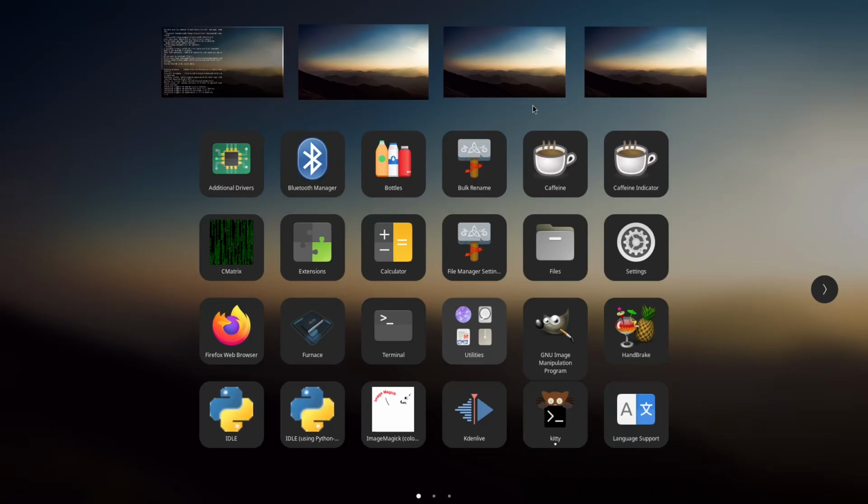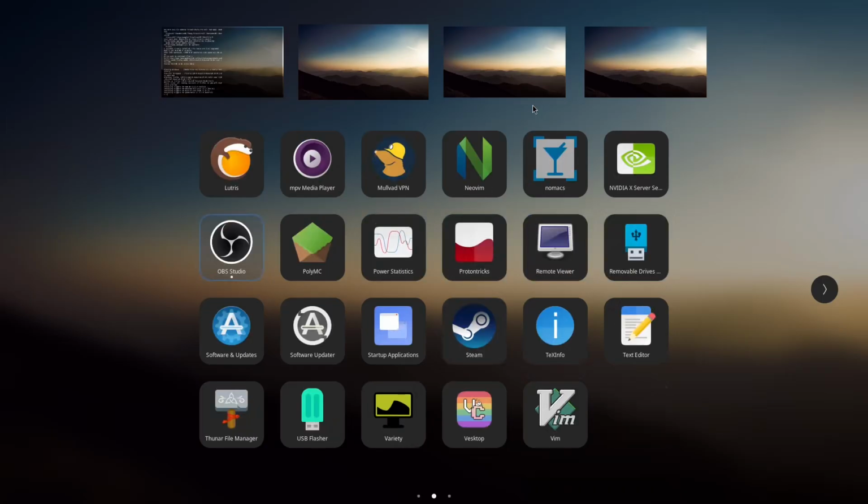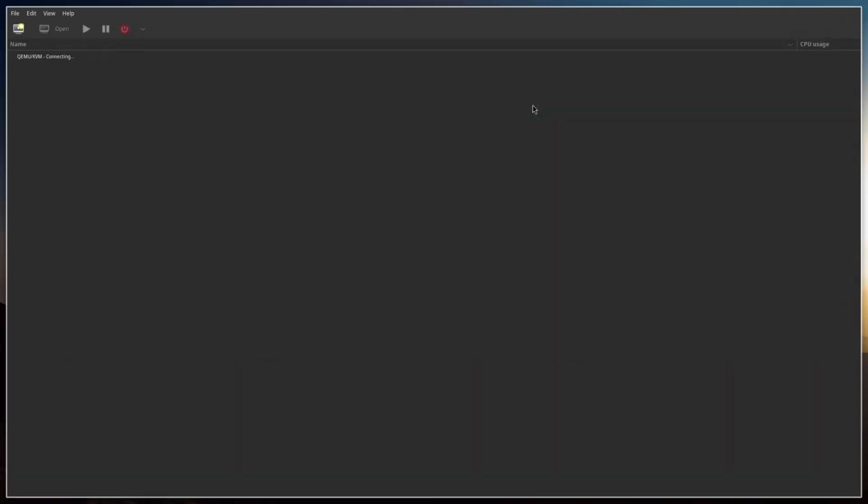Furnace, very cool, if you're a music writing type of person. I got PolyMC installed. This is like a Minecraft launcher. It has a bunch of mods and stuff. Obviously, got my VPN. You got Protontricks and other things to help out Steam and to do a little gaming. We got Vesktop for Discord. What else? Virt-Manager. We got Virt-Manager set up,